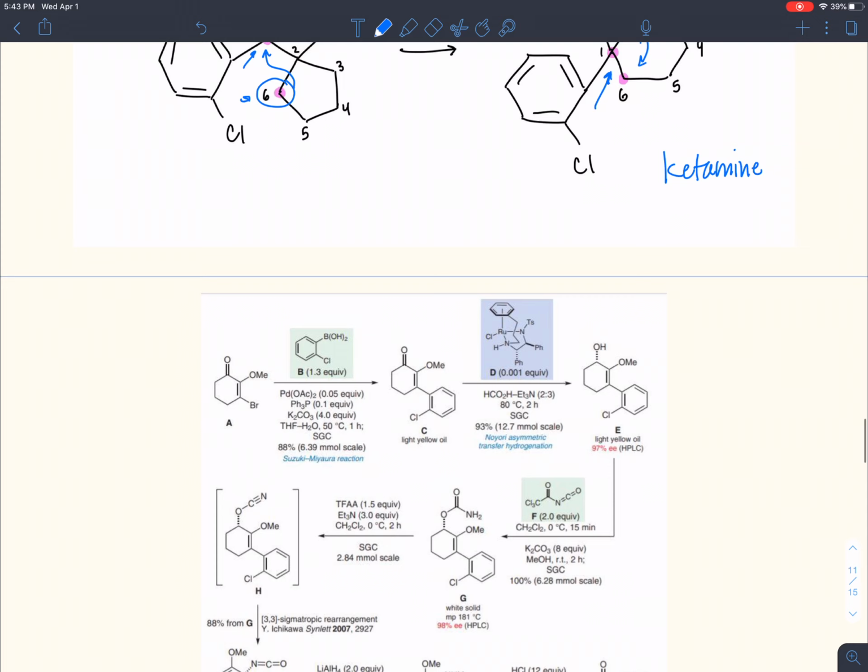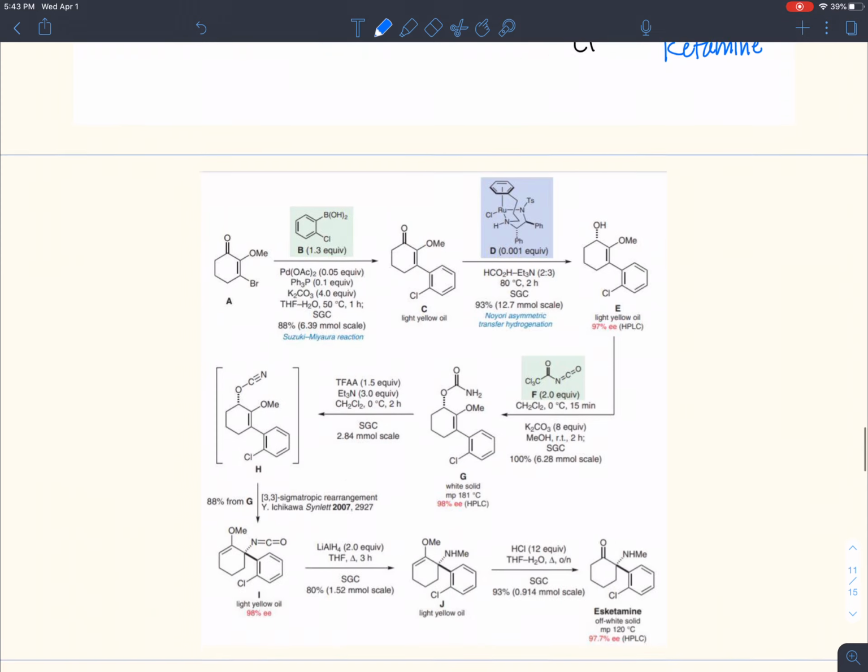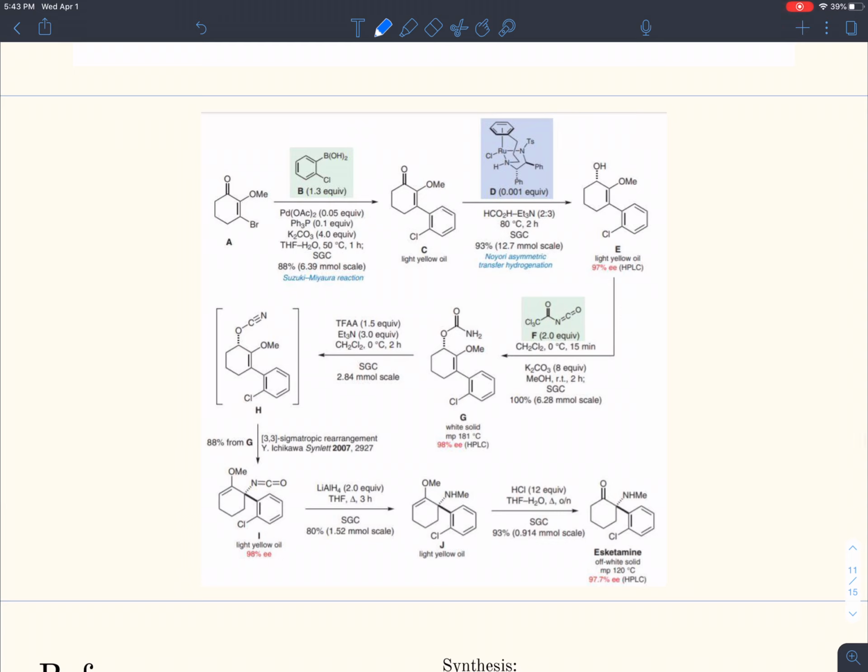So just as an alternative set of reactions here, I just wanted to show you that in making S-ketamine, which is what's used in the Spravato nasal spray and is the S-isomer of ketamine, they used a ruthenium-based chiral catalyst in something called the Noyori asymmetric transfer hydrogenation reaction, and that's where they introduced the chirality into this molecule. The whole design, you can see, is completely separate, but I'll just point out that this chiral catalyst introduced an asymmetric center right there,